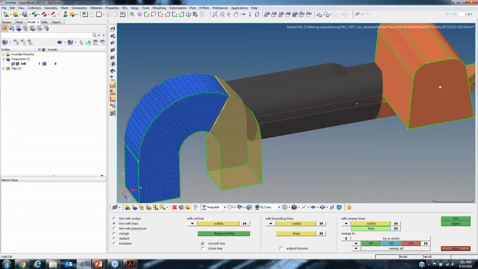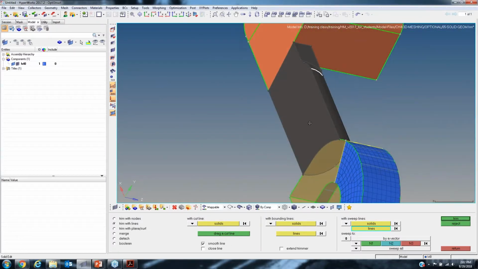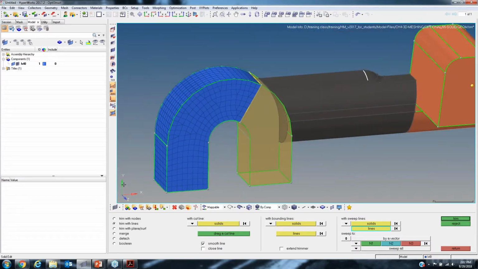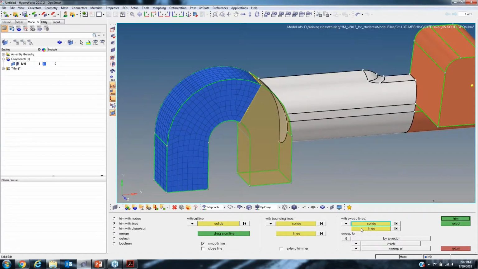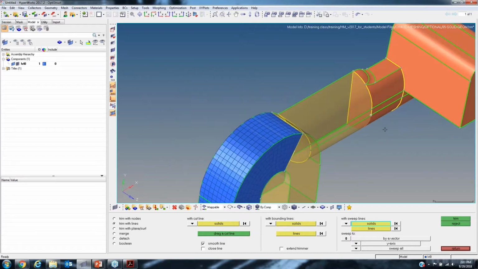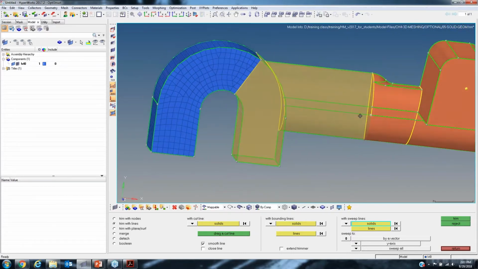So then what I'm going to do is select lines, and we can select with N1 and N2 the direction, or we can use the global axis. In this case, I can see that the Y direction is pointing in the direction I want, so I can just choose my direction as Y. Select my solid, my line, everything's set. So I click trim. You can see that it goes ahead and trims this surface,